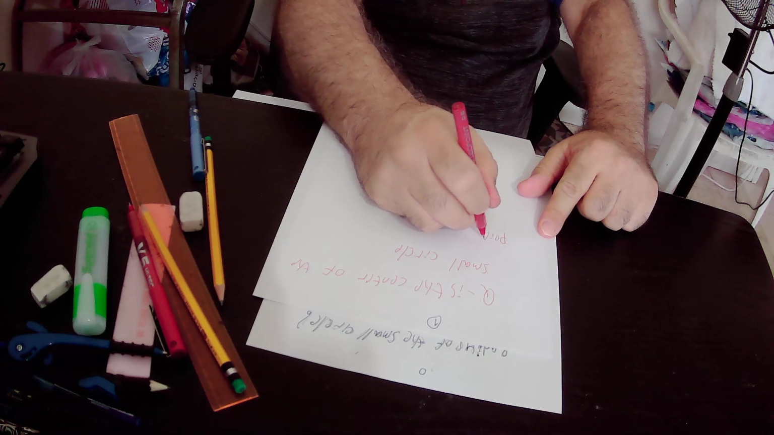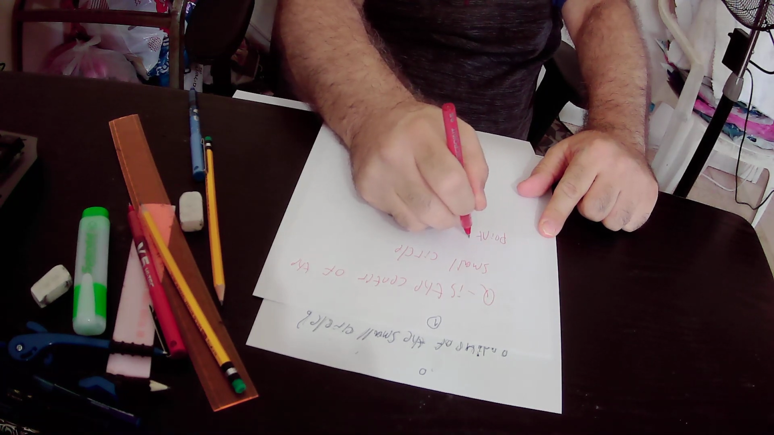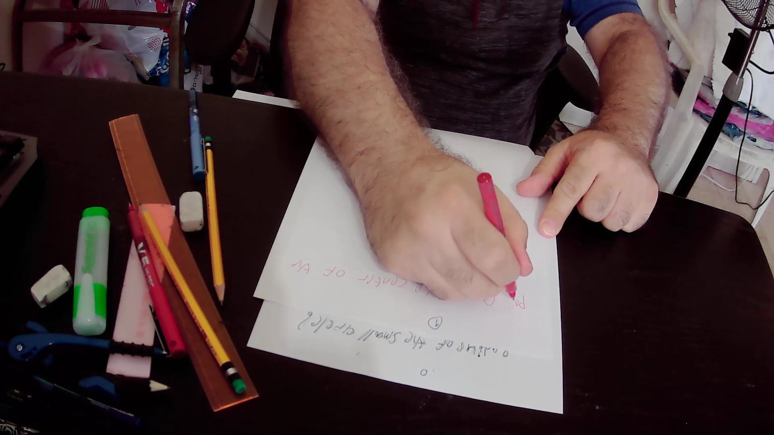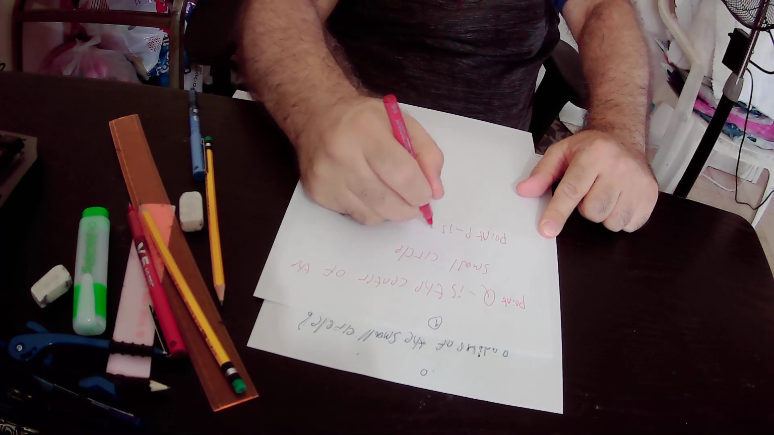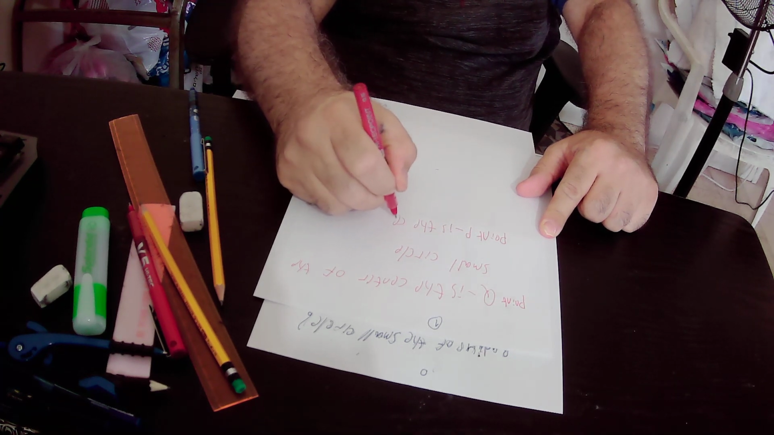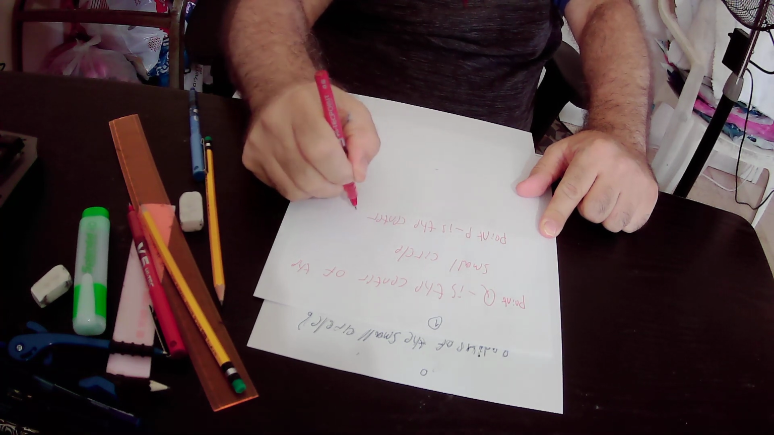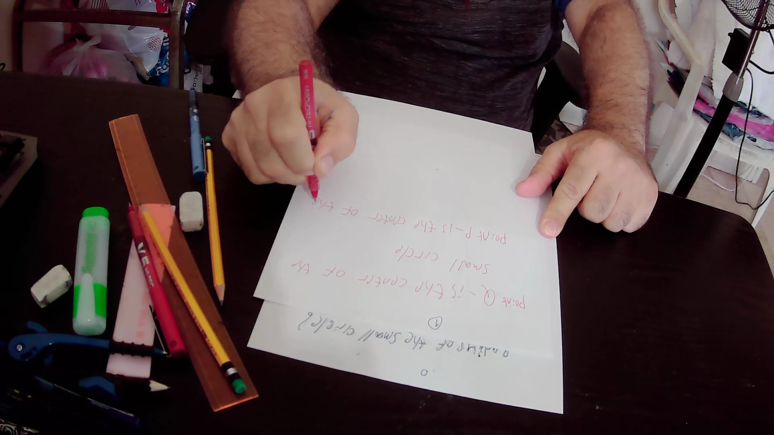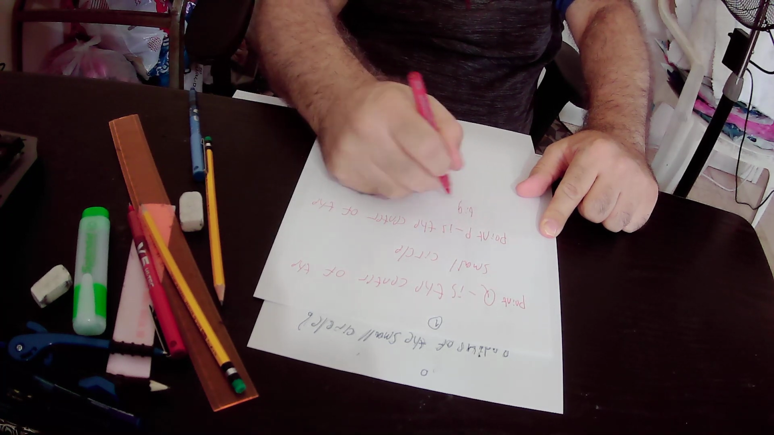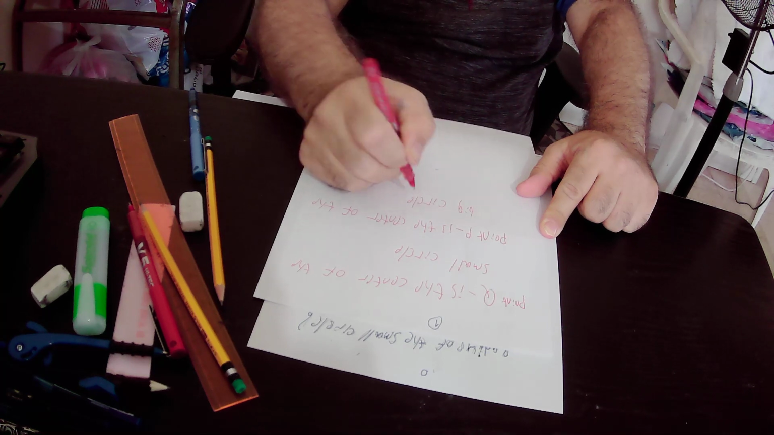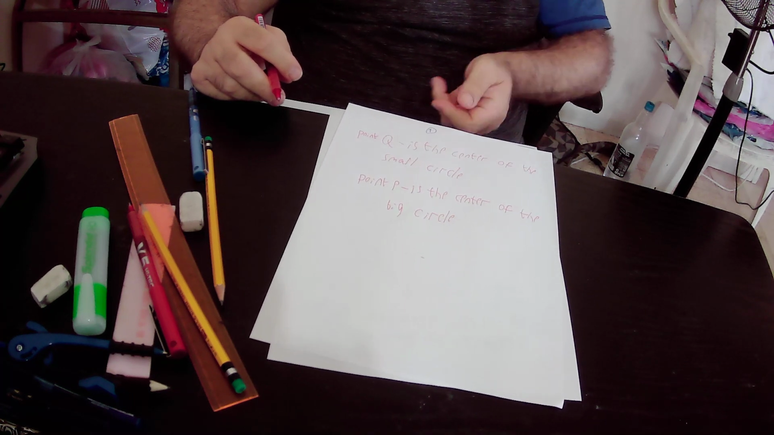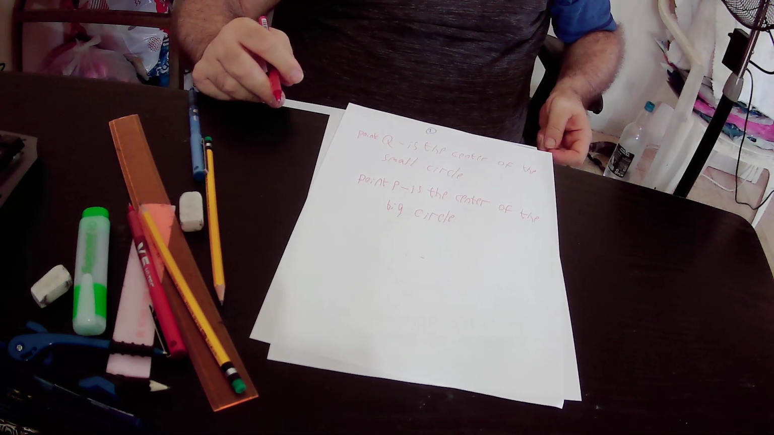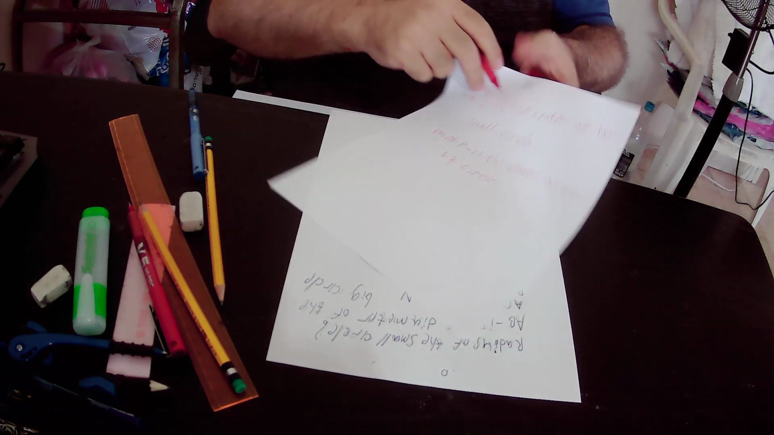Okay? Point P and point Q. Point P is the center of the big circle. Okay, again, point Q is the center of the small circle, and point P is the center of the big circle. Okay,